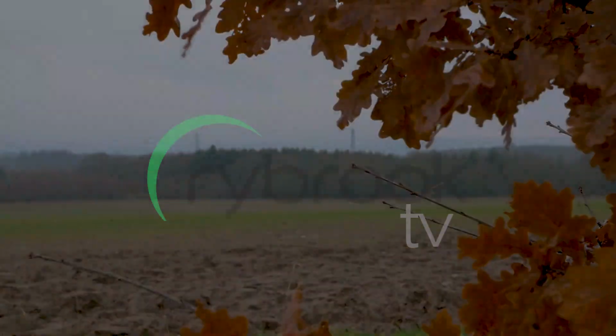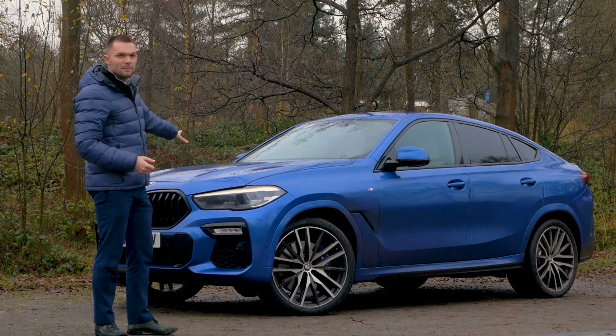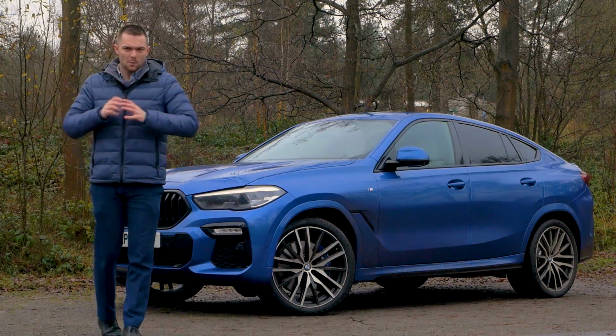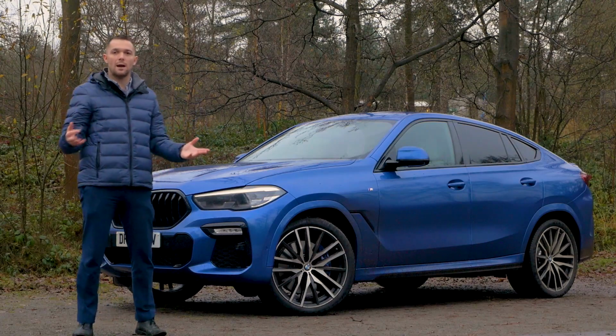Well, well, well, the beast is back. The BMW X6 is here. This is the brand new model. And before we take a look around some of the features, exterior, interior, and how it drives,